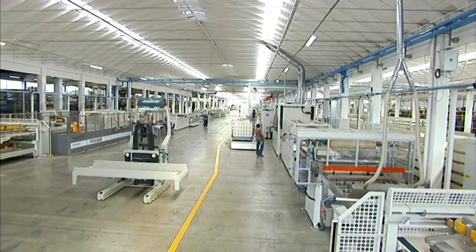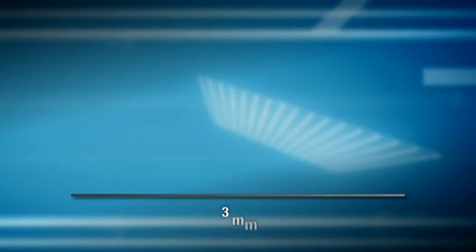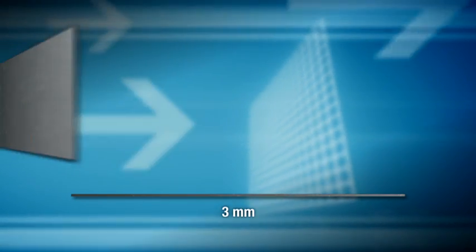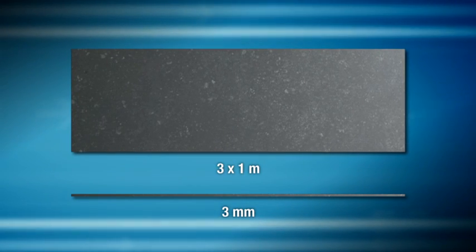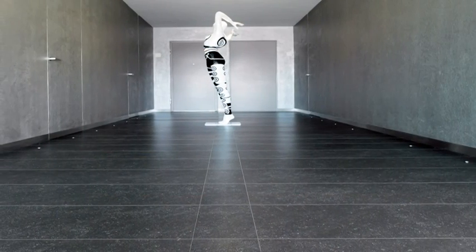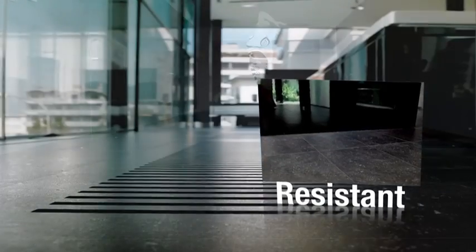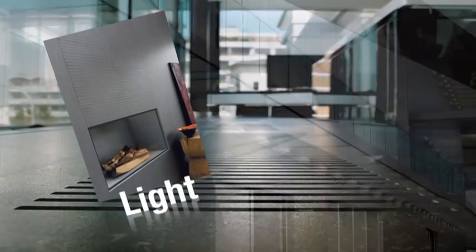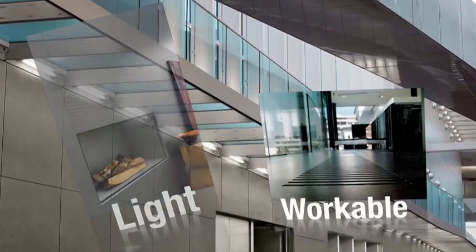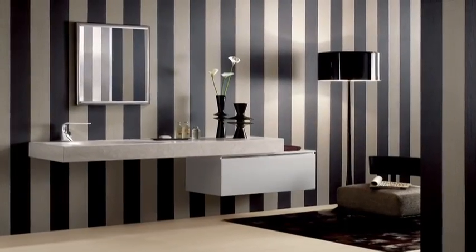This ceramic tile condenses all the top-quality features of state-of-the-art porcelain stoneware in a thickness of just 3 millimeters. Tiles also come in innovative formats of up to 3 meters by 1. Designed with contemporary architecture requirements in mind, these extra-thin slabs are tougher than stone, lighter than aluminium, yet more flexible and workable than traditional ceramic, which means they're ideal for a whole range of interior decor uses or to clad